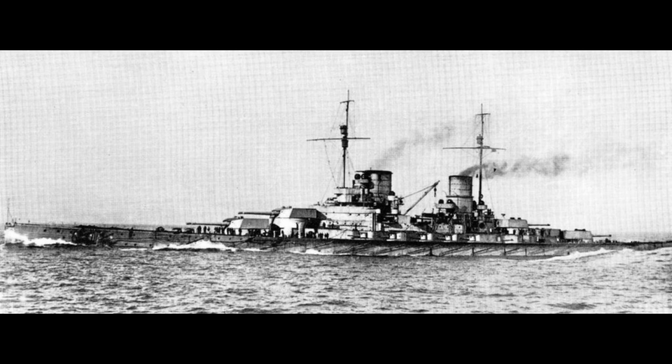SMS Lutzow was the second of three Derflinger-class battlecruisers built for the Kaiserliche Marine. Laid down at the Schichau yards in Danzig, more commonly known for building much of Germany's destroyer fleet at the time. The keel was laid down in May 1912, the hull launched at the end of November 1913, but commissioning was much delayed by the outbreak of war, and so the ship only went on trials in summer 1915, and only actually entered service with the fleet in March 1916, in the end for an operational career lasting less than